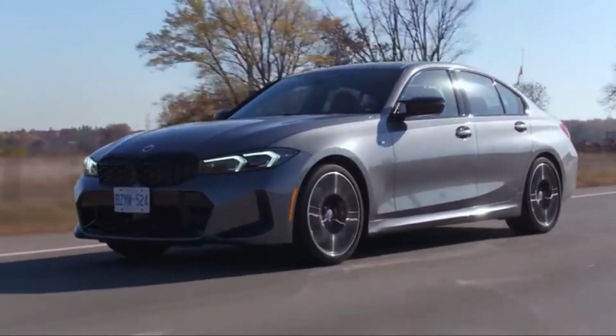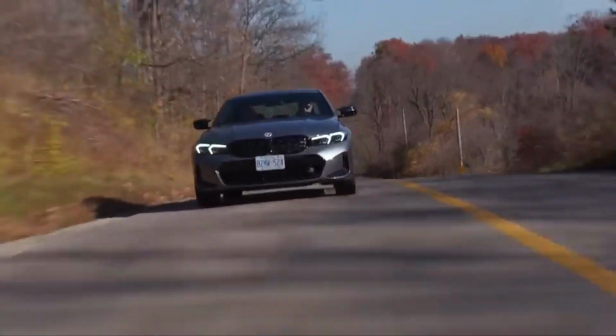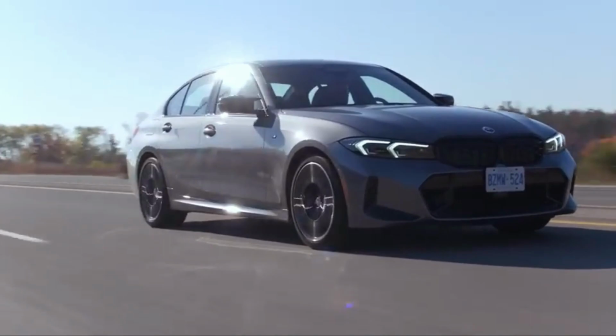The EPA estimates the 4-cylinder 330i will earn up to 26 mpg in the city and 36 mpg on the highway,